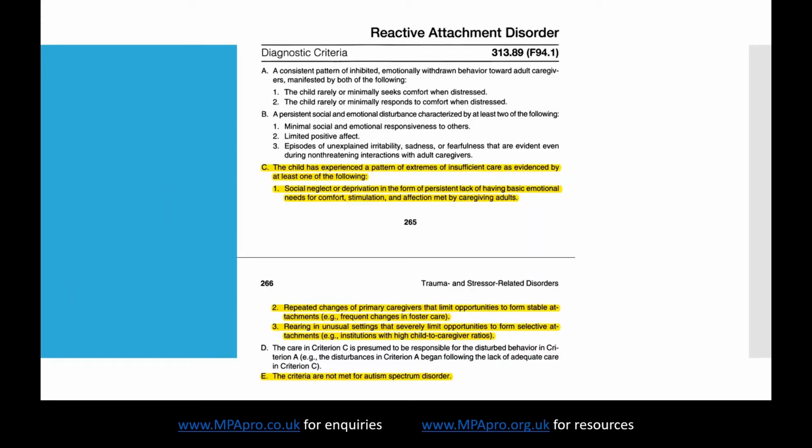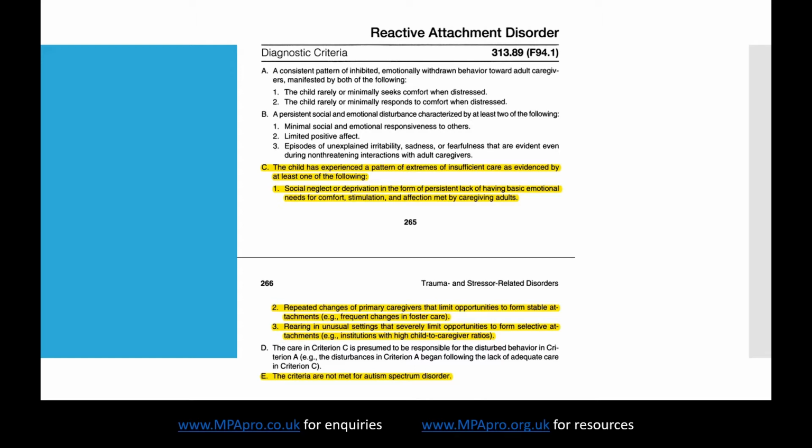Okay, so when we're talking about attachment, what are these things being referred to? Well, the slides at the end, and there's a whole document I've written, cover the jumble of language that's used in relation to things like attachment and trauma and so on. But the diagnosable condition that relates to attachment is reactive attachment disorder.